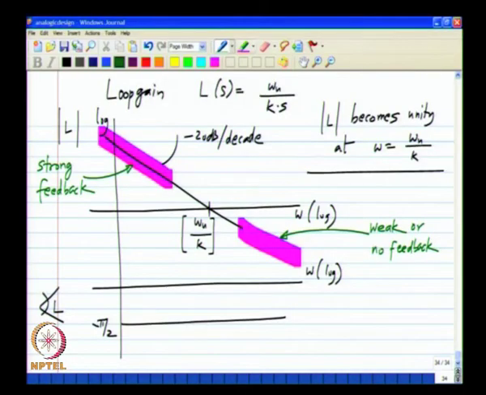Okay. So this omega u by K separates regions where you have a strong feedback and a weak feedback, and that makes all the difference. So you can clearly see that if you have strong feedback, the amplifier behaves ideally, because after all the way we derived the amplifier was by saying that using negative feedback we will adjust the output to be of the ideal value, that is you look at the error between the desired value and the actual value and you drive the output in a direction that will minimize the error. Okay. So that is a negative feedback loop.